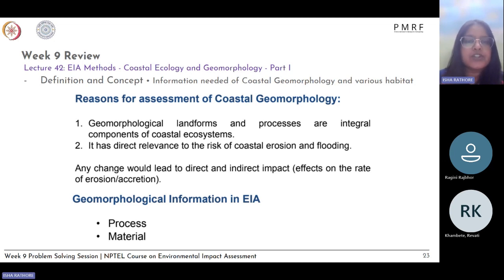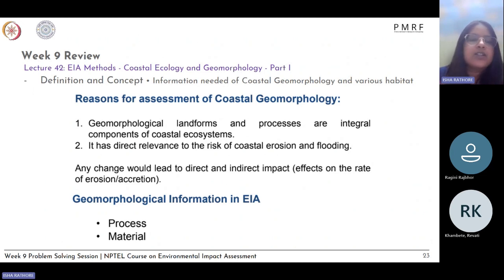we do this assessment first to see if there are geomorphological landforms and processes, if they are integral to your components of coastal ecosystem. If you have a project which is planned around a coastal ecosystem and it's affecting the coastal ecosystem, then you do the coastal geomorphology and coastal ecology survey, or include this section in your EIA report. If it's not relevant, then you don't have to include this particular part. And when your project has a direct relevance to the risk of coastal erosion and flooding, so if any change can lead to direct or indirect impacts also, then you do this coastal geomorphology assessment and include it in your